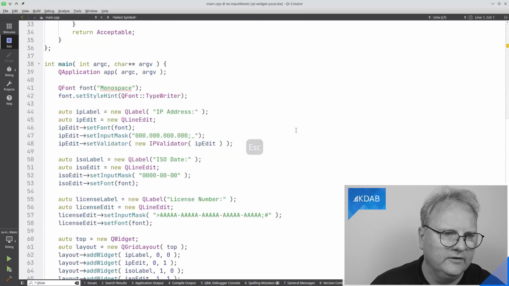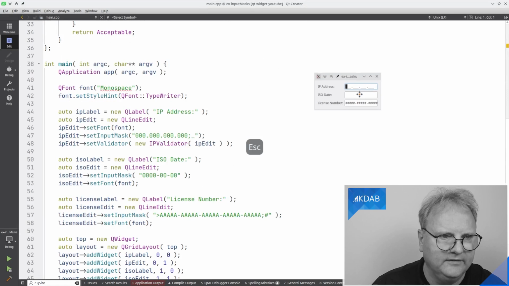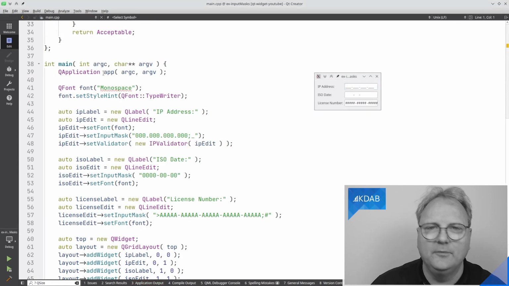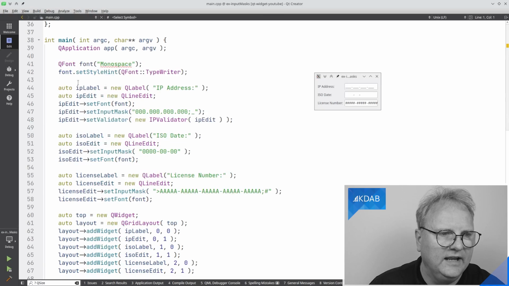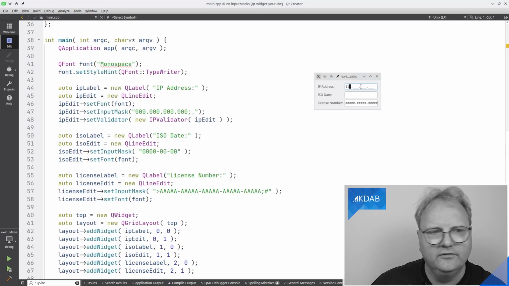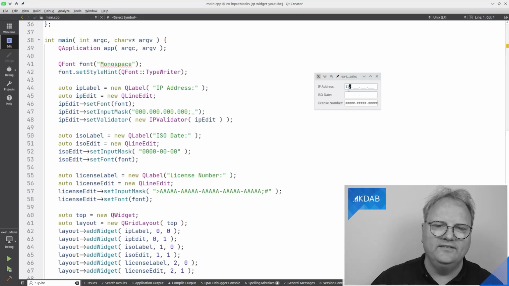Now, let's go down and look at the application. So let me just run again so that you have it here side by side. I am creating an instance of Qt application. You've seen that a number of times. And I'm setting up a font here. And the reason why I set up a font to be mono type or monospace is that if I didn't do that, then the whole thing would jump, because the one is shorter in width than the underscore.